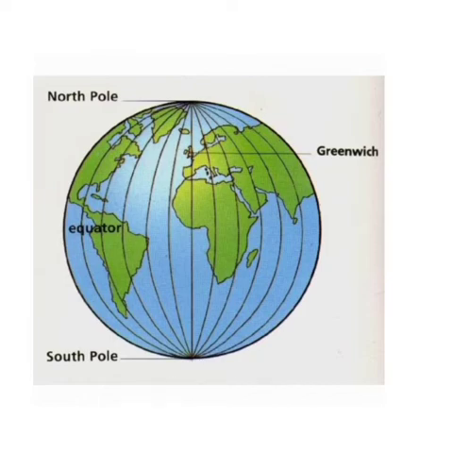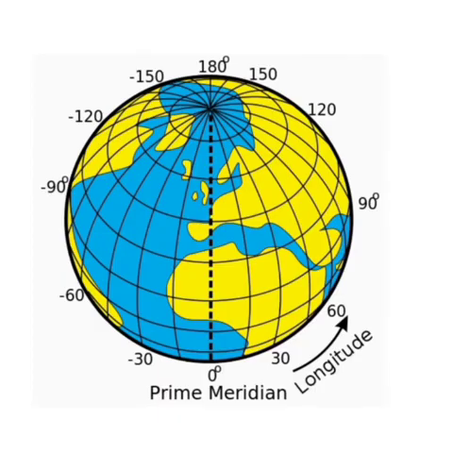All the other longitudes are measured from the prime meridian and are followed by east or west. The prime meridian and the 180 degree meridian form a circle which divides the earth into two hemispheres. The part of the earth between 0 degree and 180 degree east is called the eastern hemisphere, while the part between 0 degree and 180 degree west is called the western hemisphere.